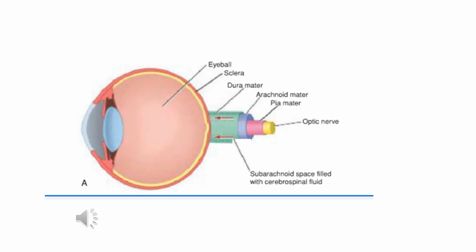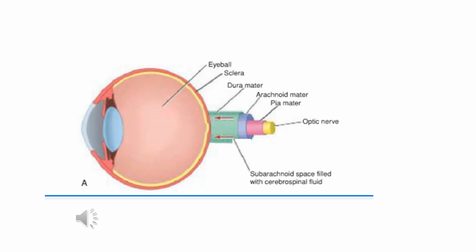This extension of the dural sheath and subarachnoid space, along with CSF around the optic nerve till the back of the eyeball, is very important in papilledema, because whenever there is raised intracranial pressure, this will be transmitted to the CSF around this optic nerve, in the subarachnoid space. So as you know, the central artery and vein of the retina have to enter the optic nerve at this area of the optic disc, and for doing so these have to pierce these three sheaths.